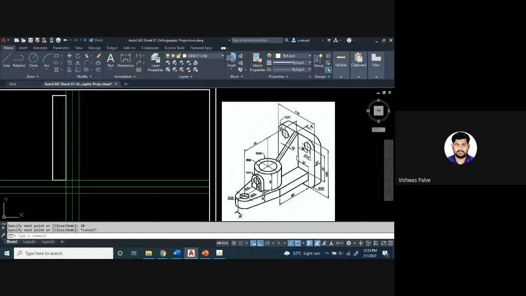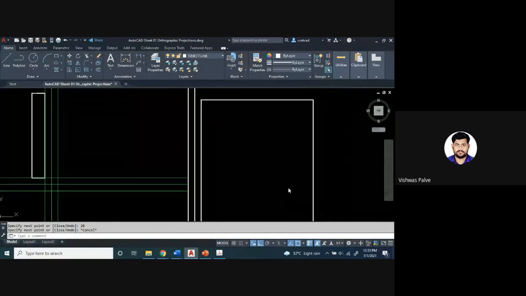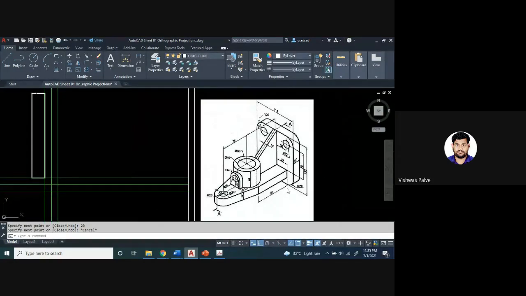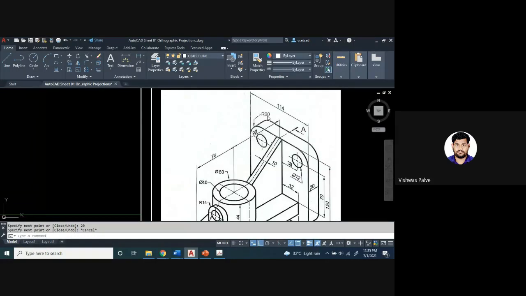Then we have to locate the distance between them. See this? Here the bottom distance is not given. At what distance has it been fixed? The distance between them is 70 millimeter. So from this center to this slot, this distance is given as 70 millimeter and the radius is 20 millimeter. Now we have to calculate the dimensions.